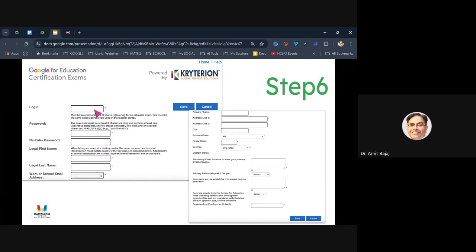So login is simply your email ID. Password you need to create. What's your first name, last name, your school name, primary, few information are required. So this is the next step. Once you have completed this particular step,